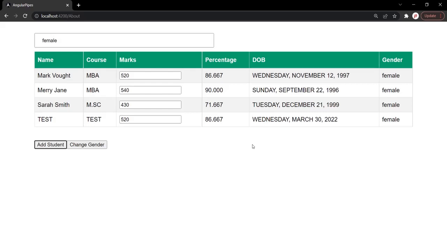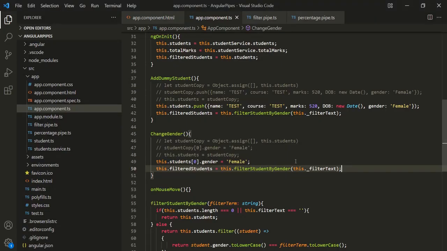So in this way, you can implement the filtering logic in the component class itself. You don't need a pipe for that. And this implementation is not going to cost any performance issues. Okay? This is all